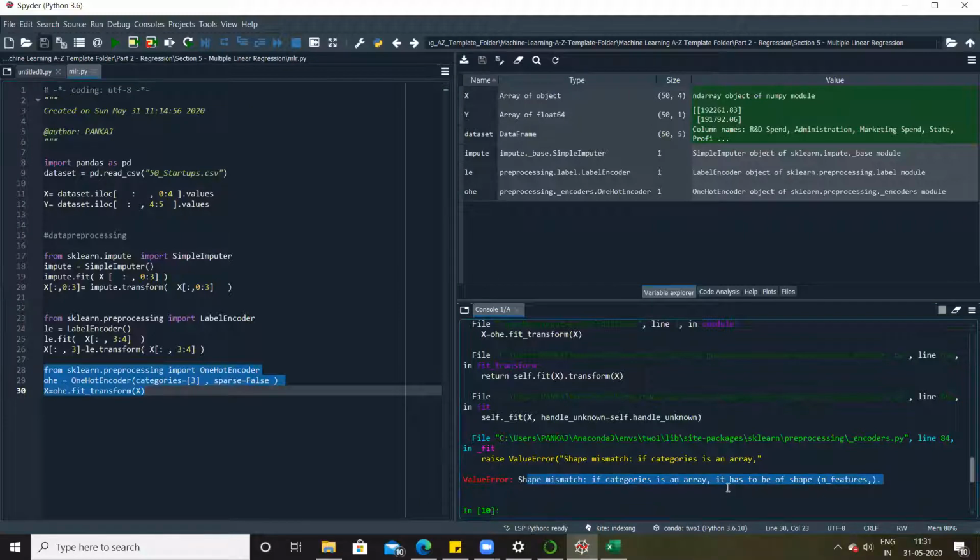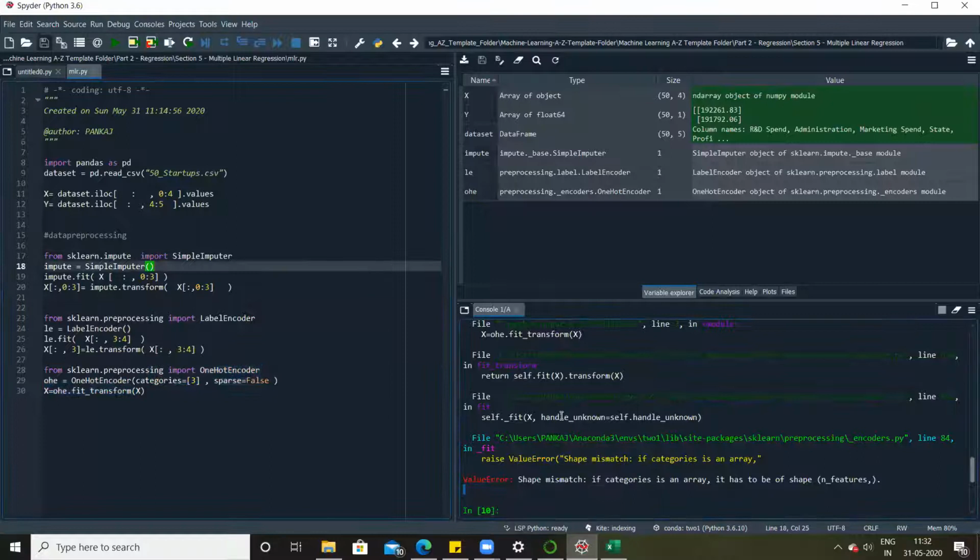Now this has happened again because of the newer version of sklearn. In 0.21 and above, you will start receiving this error, shape mismatch. If you recollect, in our previous versions, when I was using 0.18, this code was working perfectly fine without any issues. You recollect that stuff, guys? Can you confirm it on the chat window? Perfect. So let's see how to handle this scenario.